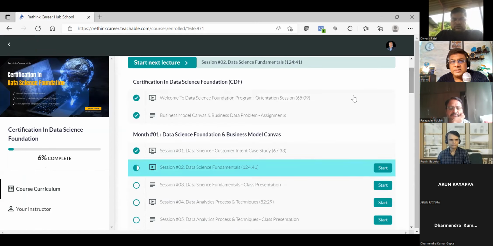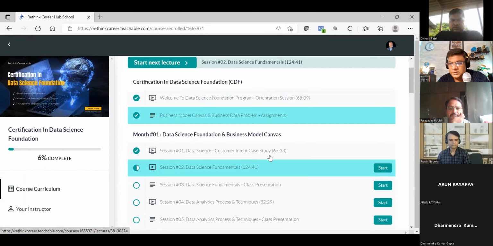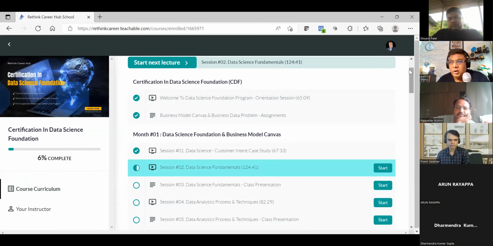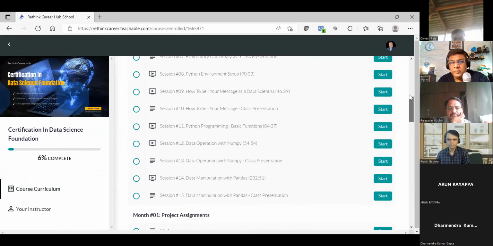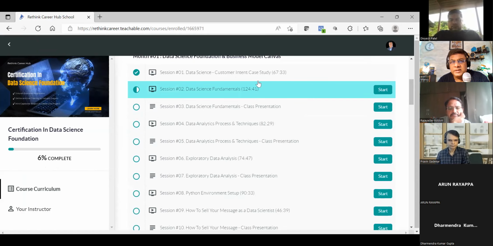Here, we can see the certification data science foundation program and the orientation session. This orientation session we will upload and provide you. Similarly, the business model canvas and all the models we talked about, all of this would be uploaded here like this. You just click on this, for example, data science fundamentals. Once I click on this,